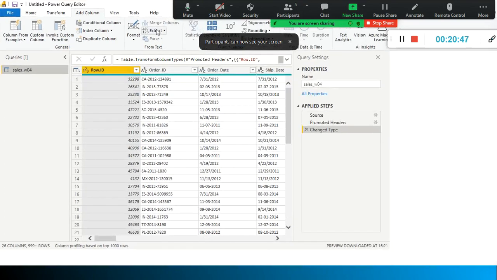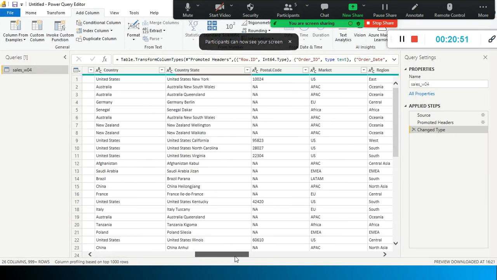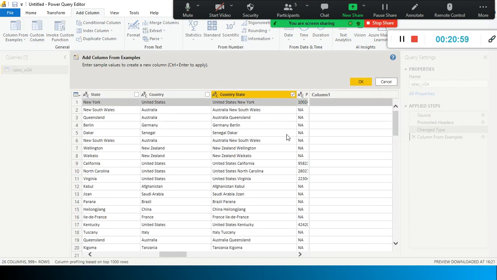My share screen was mistakenly selected on that one. Country state, right? So this is the problem we posed. From selection only for this column, when I selected this one, we were able to get this.